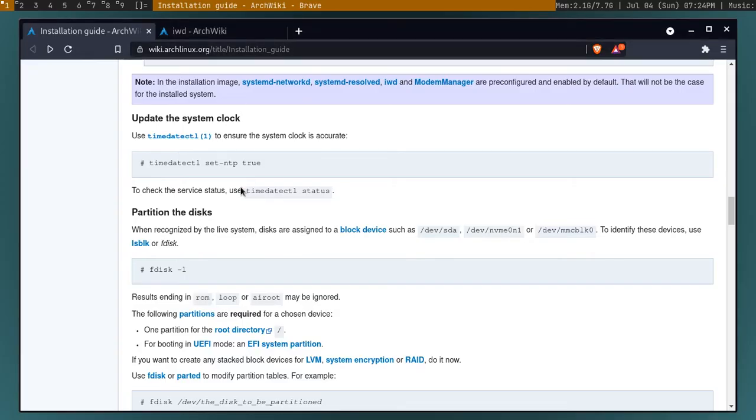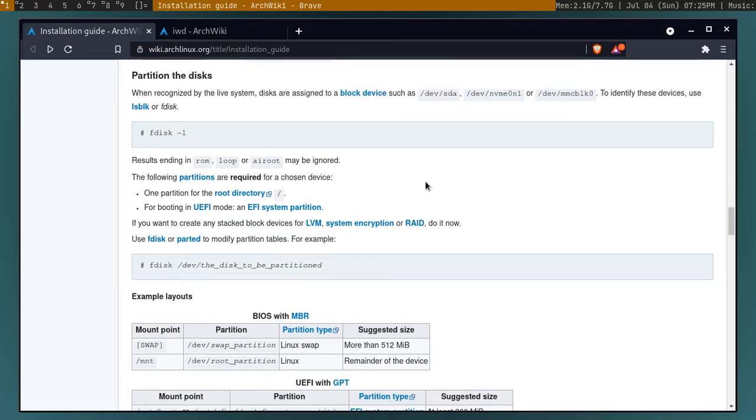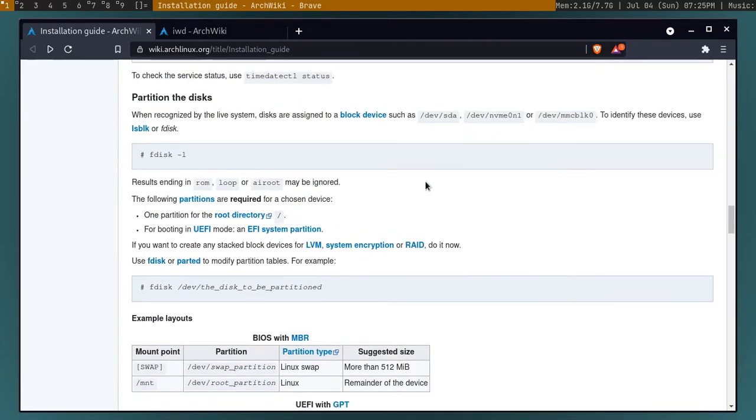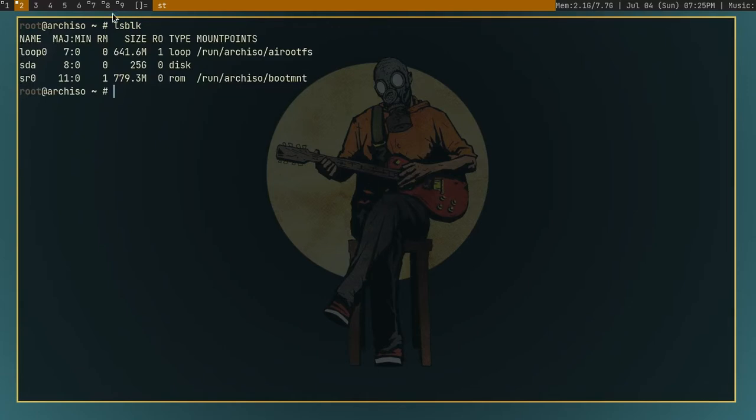Okay. So after this, you can just go to the next step, which is partitioning the disk. This step is very important, and it requires you to be very careful, because if you format and make partitions of some other disk, you can easily lose your data. So I recommend please follow this tutorial and be careful. Before that, you can also run this command by typing lsblk, or list blocks. You can see that I have an sda device which is about 25 GB.